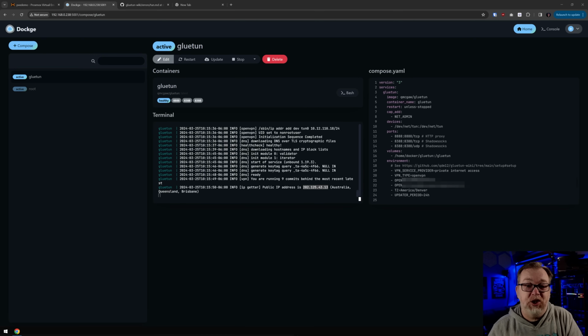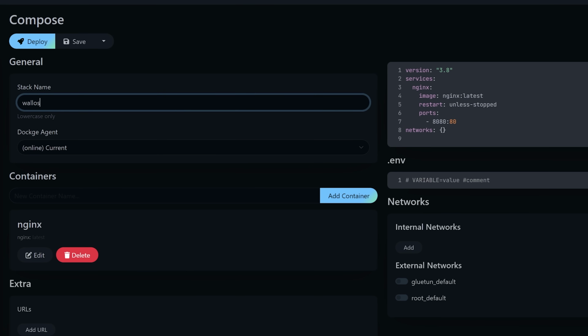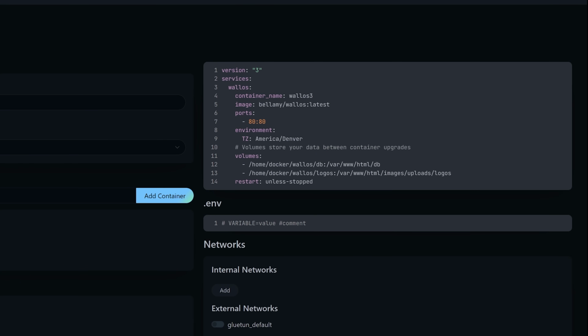Okay, so for demonstrative purposes, we're going to use a couple of different Docker containers and route their traffic through Gluetun. The first one that I want to take a look at is actually Wallace. We just took a look at Wallace recently in a different video, and that's what we're going to use, at least for one of the examples in this video, to route the traffic through Gluetun. So let's go ahead and do that. We're going to come up here, we're going to click on Compose. I'm just going to call this Wallace, like so,